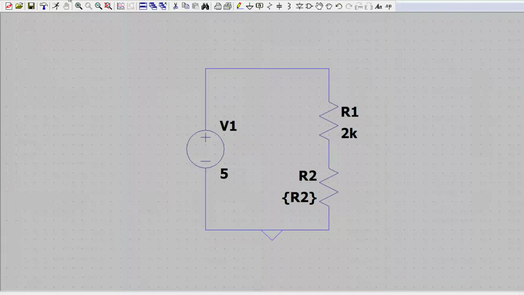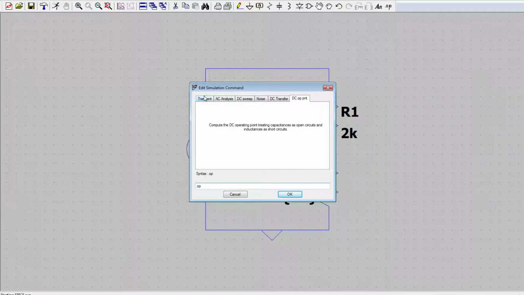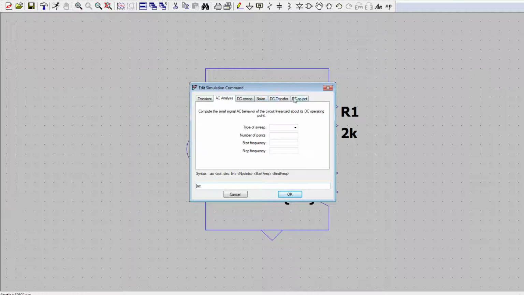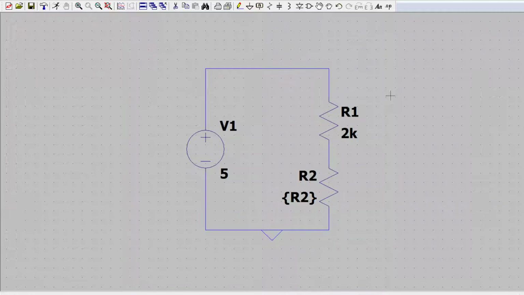But if you don't know how to write it and you need a little help, then just try to run and it'll bring up the simulation environment automatically. This actually only gives you a few options for transient AC analysis. These are all things that you'll learn later, but it actually doesn't give us what we're looking for. So instead, the best thing to do is go like this, bring up the